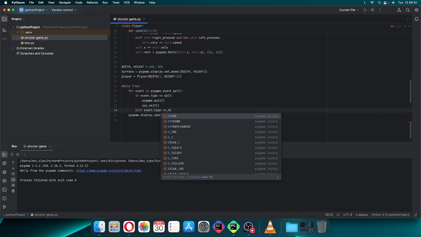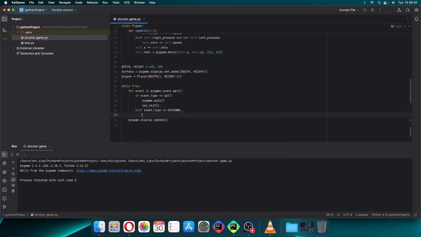Elif event.type is equal to KEYDOWN. So then we have to check if event.key. Now with this event.key, you might be thinking that if we write key, it's not appearing in our suggestions. But don't worry, it should work. It's just that PyCharm might be glitching, or it doesn't know about this pygame event.key. If event.key is equal to something like